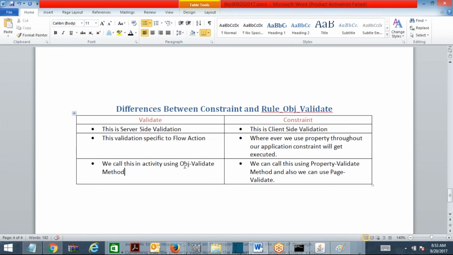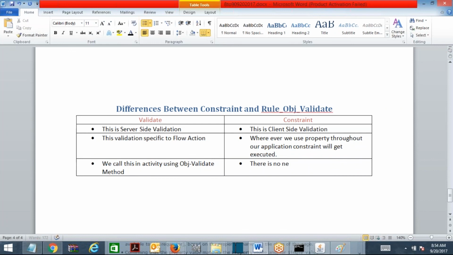We call validate using the activity Obj-Validate method. This one there is no need to call; it gets executed automatically. These are the differences between validate and constraint.